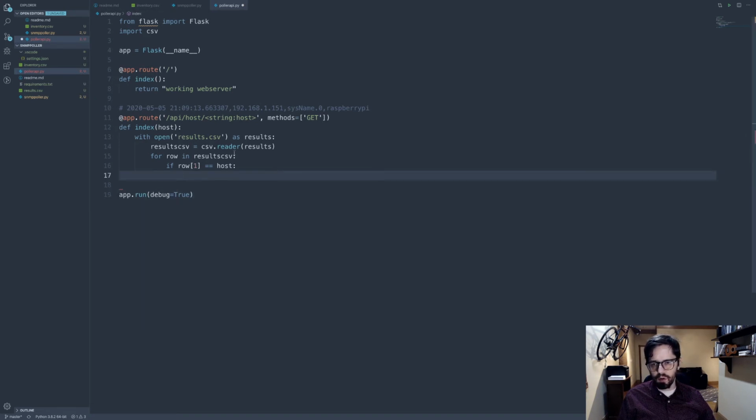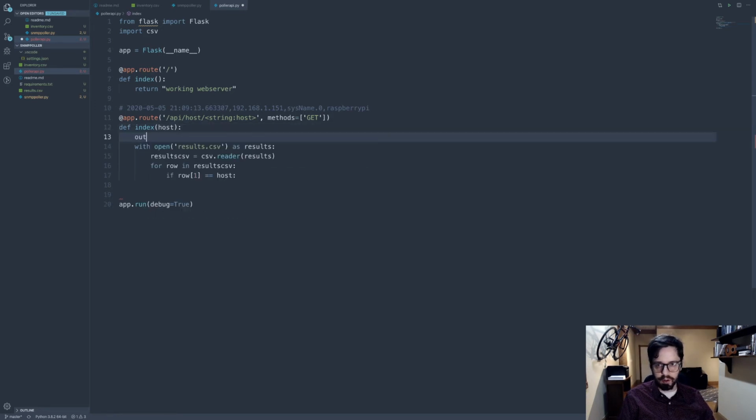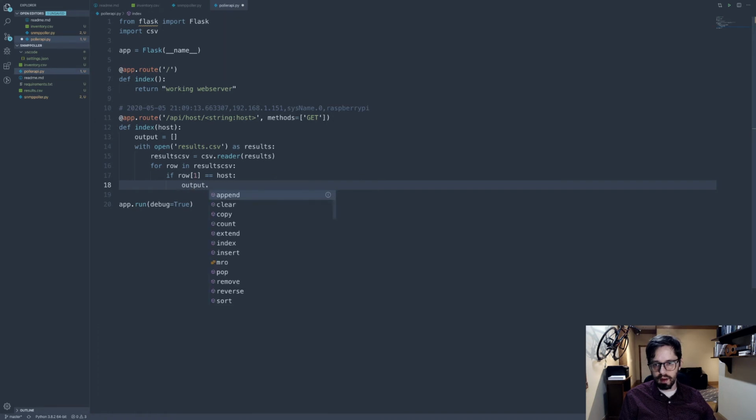we're going to have to create a variable with this. So our variable is going to be called output. And let's make our variable a list. And I'll show you why here in a moment. So if row 1 is equal to our host name, then output dot append. So we're going to append to our output file, and now we are going to give it